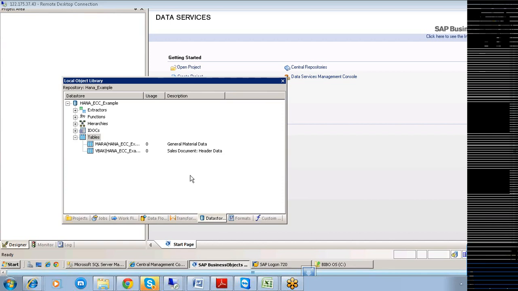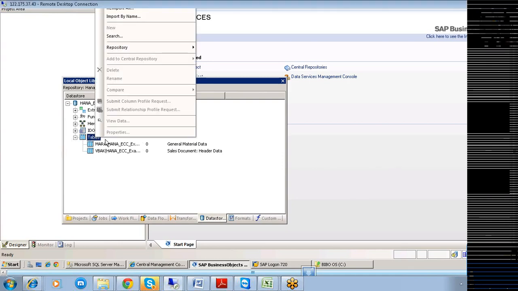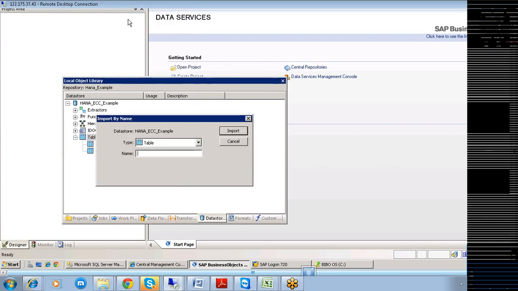Once this is imported, MARA is there and VBAK is there, and let me import one more table by name. This one, VBAP.